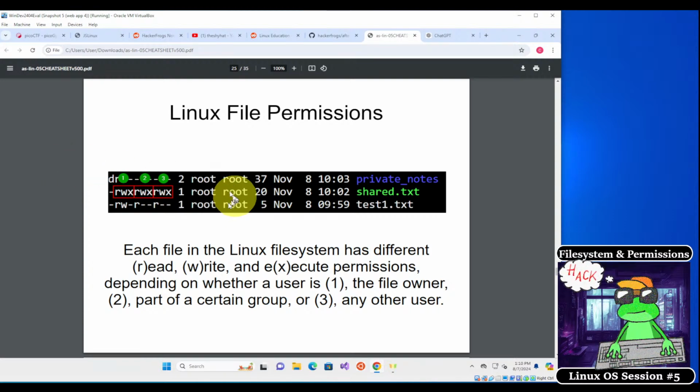So next, we're going to talk about Linux file permissions. Inside of Linux, you can assign files with different file permissions, meaning that some users can read the files, some users can write the files, which means create the files or modify the files, and some users can execute the files, meaning that they can run the files. So this is what these three letters mean, and you can see this if you go over to your JS Linux,